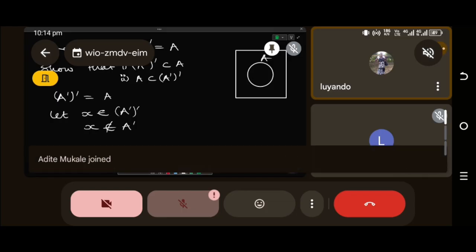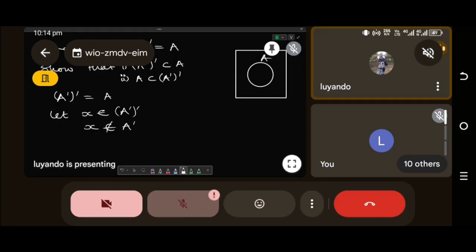Okay, it will be clearer when you visualize something that looks like this, so that when you say that if X is not a member of A complement, when we look at the Venn diagram that I've drawn here,